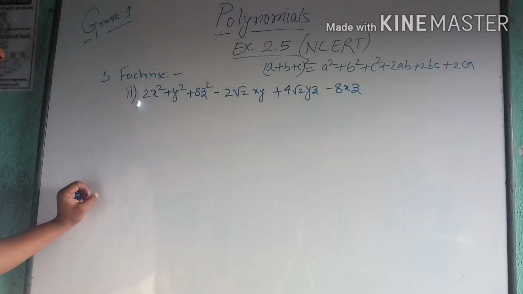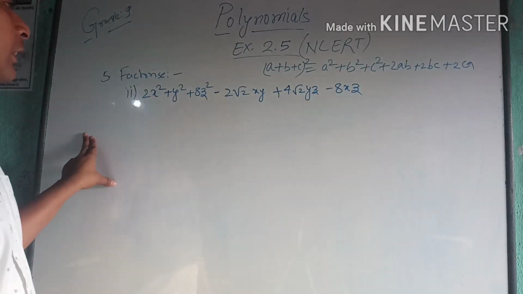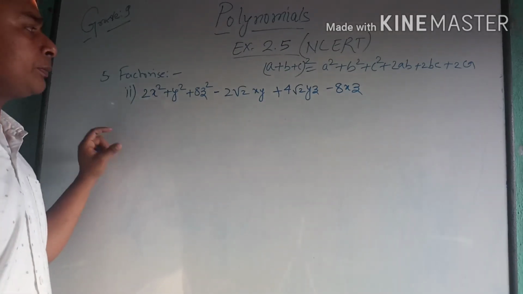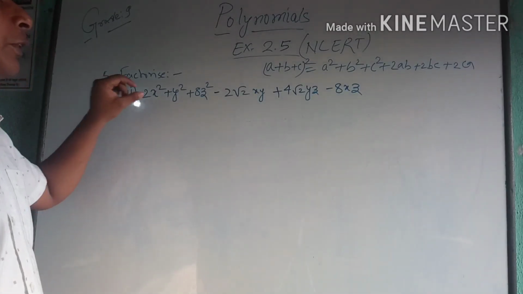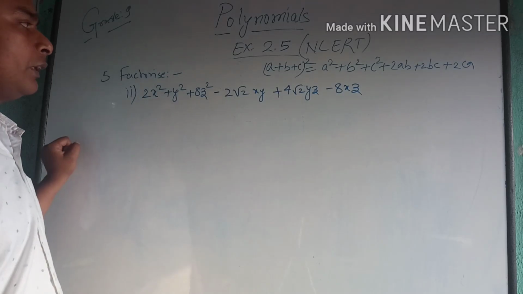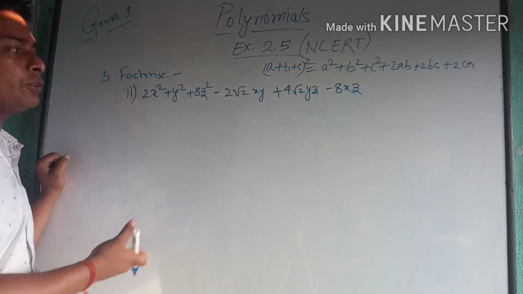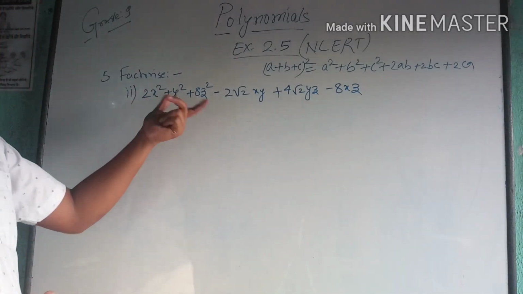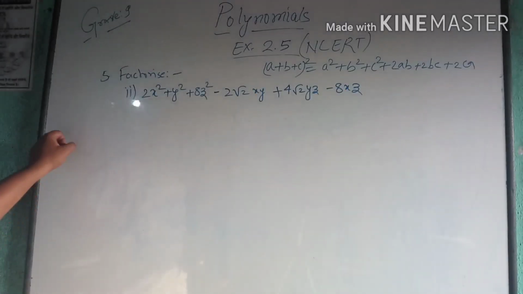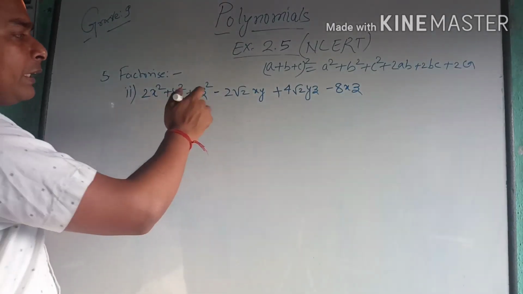Question number 5 says factorize the following. In that I have taken part 2 because part 1 is simple, whereas in part 2 we have the application of roots, and by seeing the question students get afraid that it is a root. It is a very simple question. In this there is application of minus sign also.